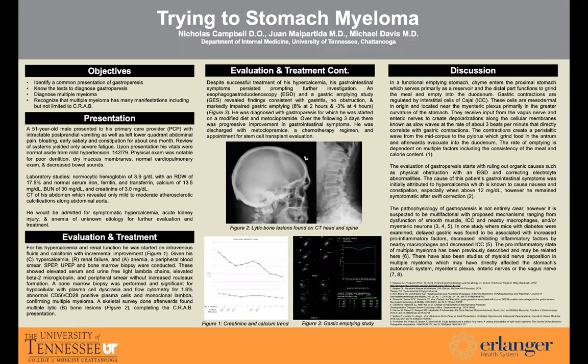I'm an internal medicine resident at University of Tennessee, the Chattanooga campus. This is our case report, Trying to Stomach Myeloma. It was created in part by Juan Malpartida and our attending Dr. Michael Davis. So the objectives for this are to identify a common presentation of gastroparesis, know the test to diagnose